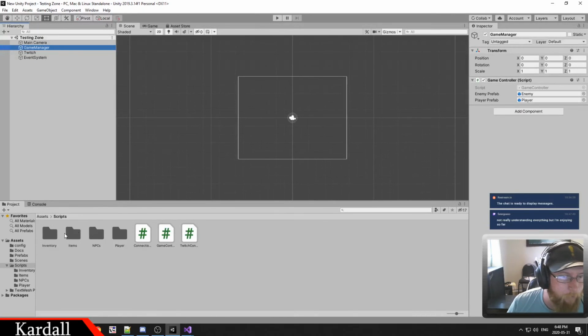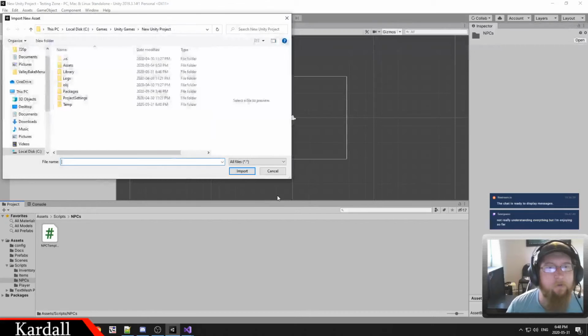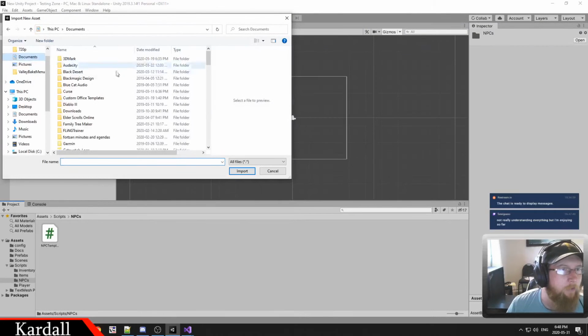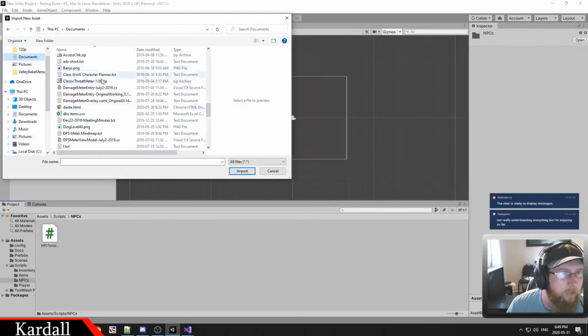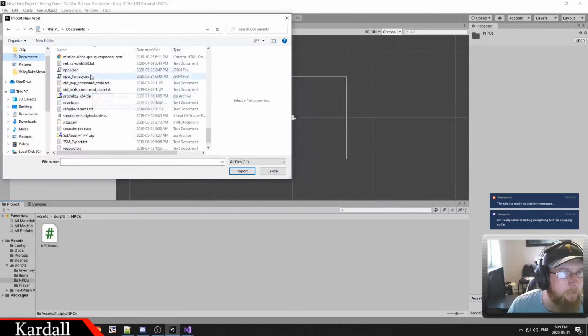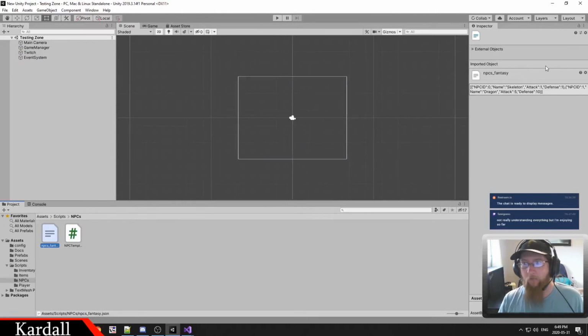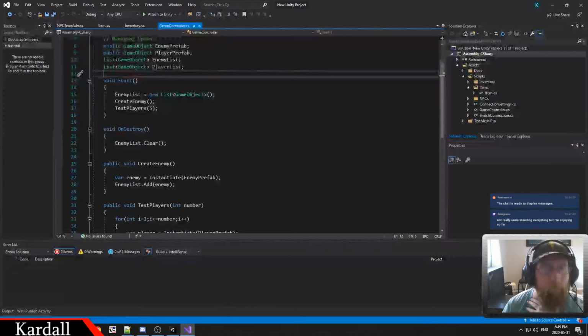So what we want to do is go into our NPCs, and I want to import new asset. Let's go to our documents and find our items, NPCs. So NPCs fantasy. So this is the JSON file. We got our skeleton and a dragon in there. So when we load into our game controller,